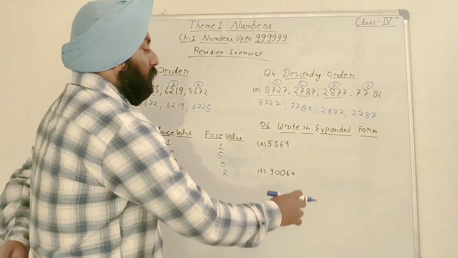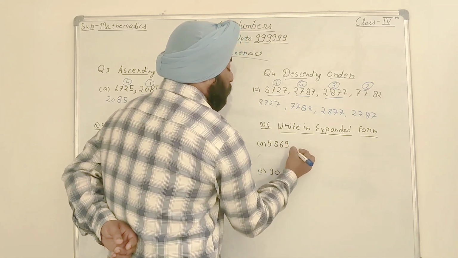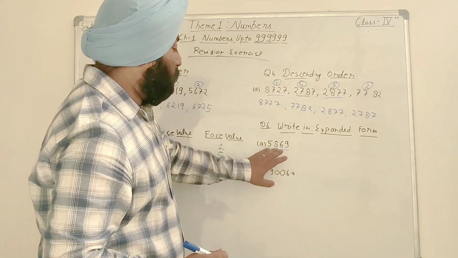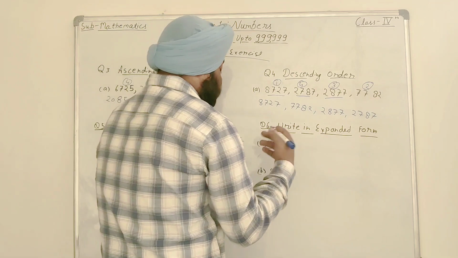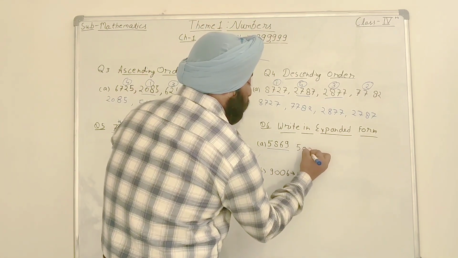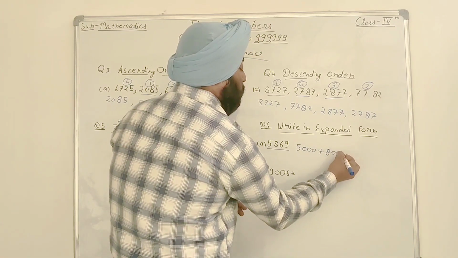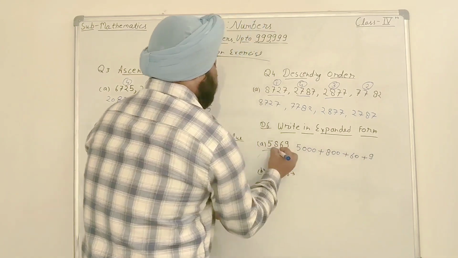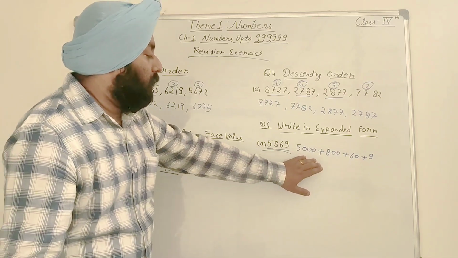So expanded form is very easy. Like we see and we say 5869. As we say, afterward we have to write down 5000 plus 800 plus 60 plus 9. As we say, 5869. Next question,